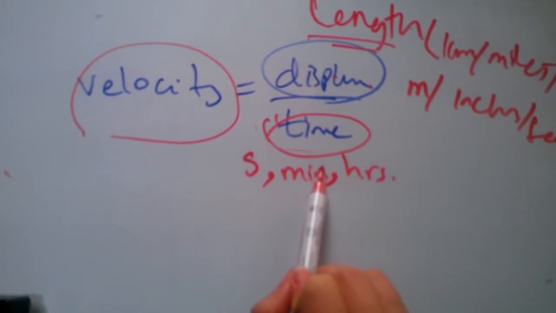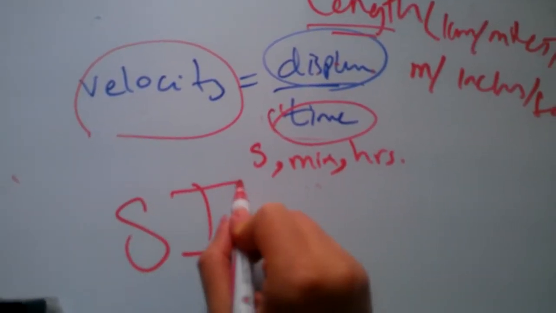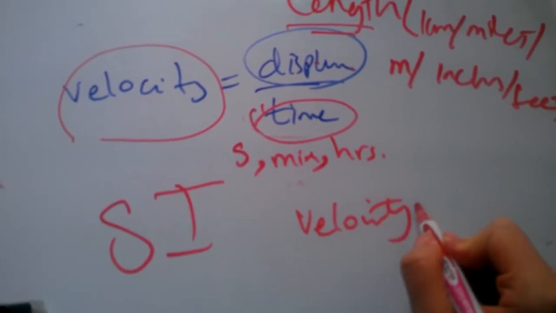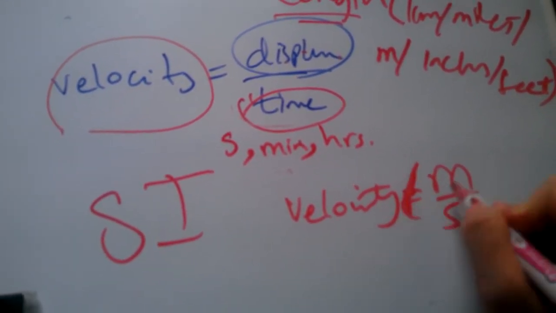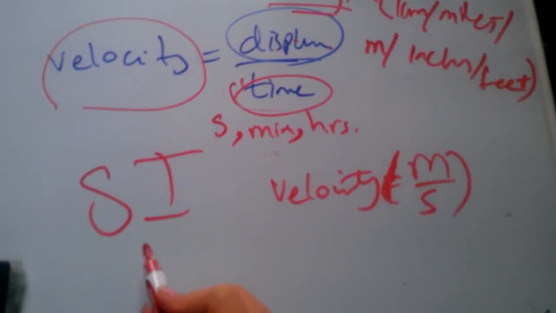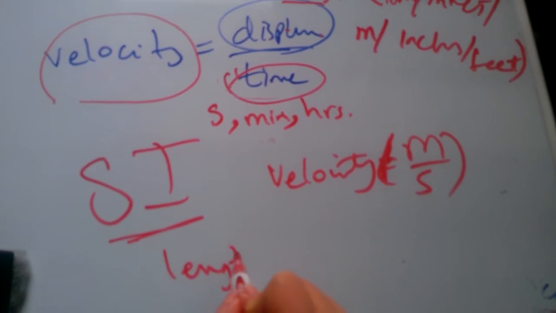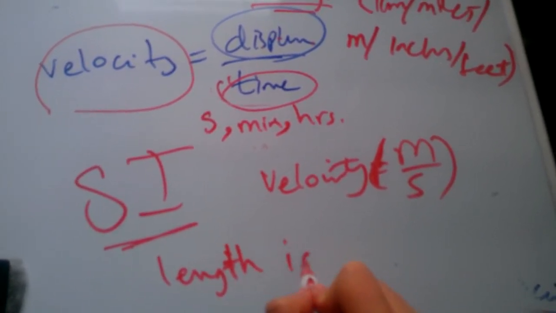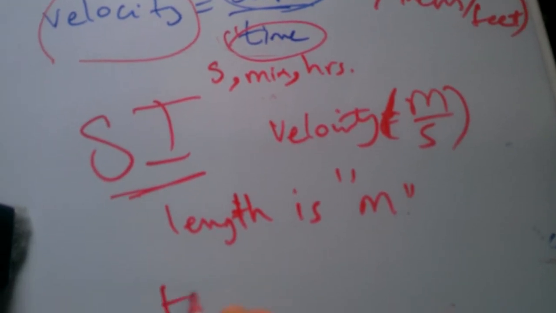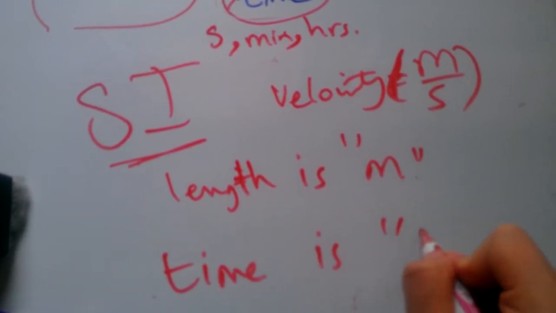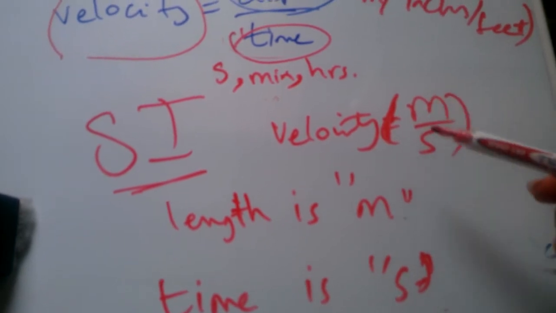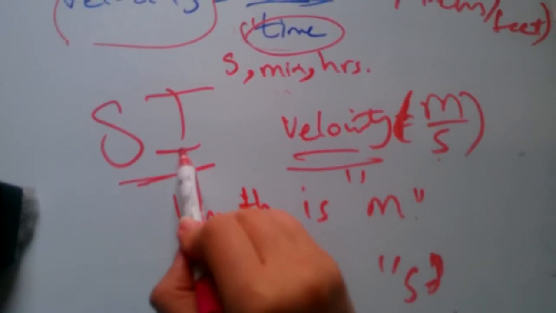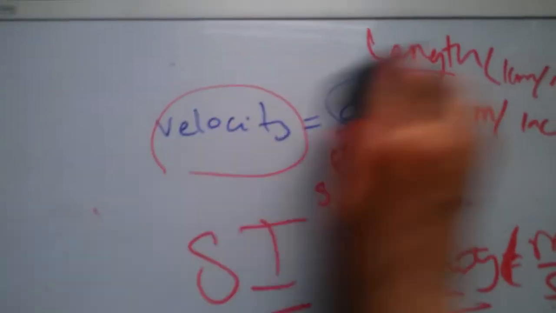This over that. Now, in SI units, velocity is expressed in meters per second. Why? Because in SI units, length is in meters and time is in seconds. Therefore, meters over seconds gives you the velocity and the unit for velocity in the SI system. Now, as for acceleration,